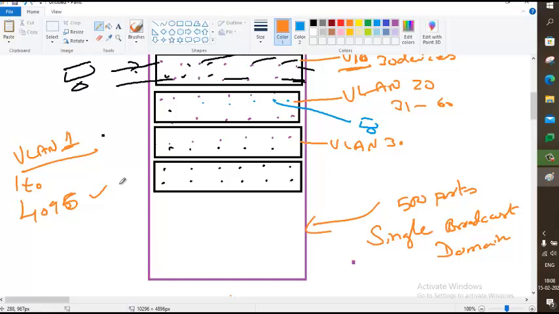Those things are too early for you. It's not in this program. Let's not focus on that. But one thing I want to say: the maximum number of VLANs that a switch supports, any switch on earth cannot support more than this. 4096 is the max. In a small switch, you won't even see this much. You will see only 1005. For example, if you see in Packet Tracer,